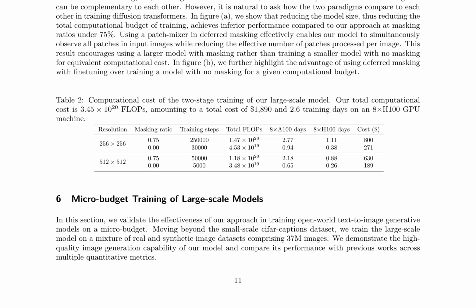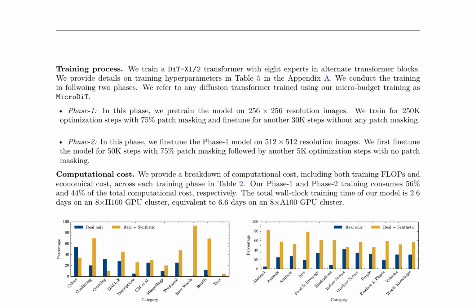Furthermore, the authors investigate the micro-budget training of large-scale models, focusing on open-world text-to-image generative models. They train a DiT-XL/2 transformer with 8 experts in alternate transformer blocks, utilizing a two-phase training process. The first phase involves pre-training on 256 by 256 resolution images with 75% patch masking, followed by fine-tuning without masking. The second phase involves fine-tuning the Phase 1 model on 512 by 512 resolution images, again with 75% patch masking